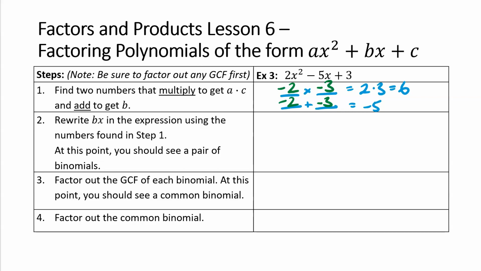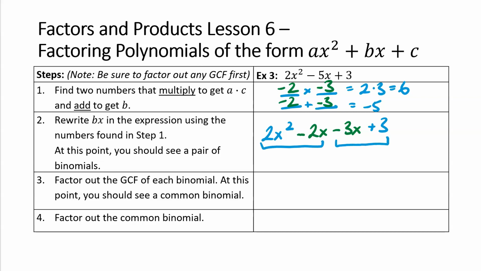We use those numbers to rewrite the middle term. So we have our 2x squared. The middle term is what we're rewriting using the numbers we selected. So we have negative 2x and minus 3x. That was us rewriting the negative 5x. And you have the plus 3 on the end there. At this point,